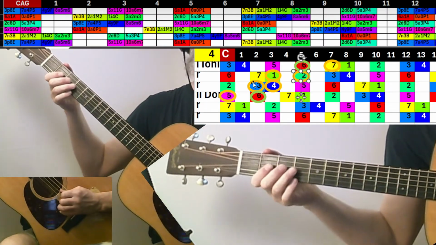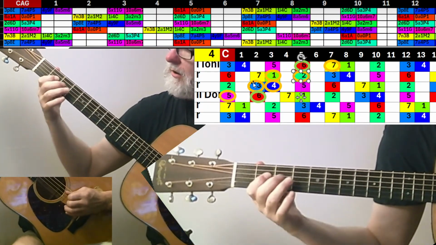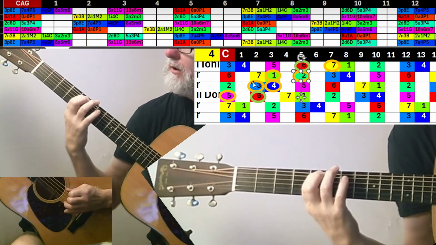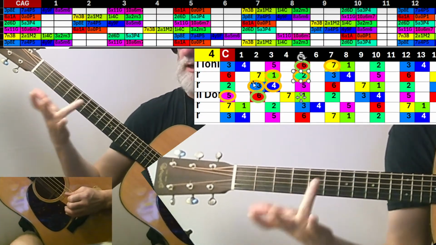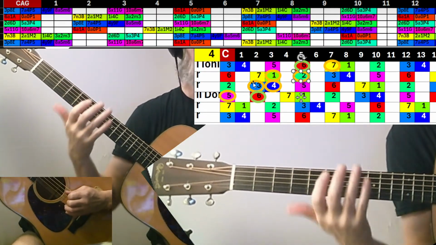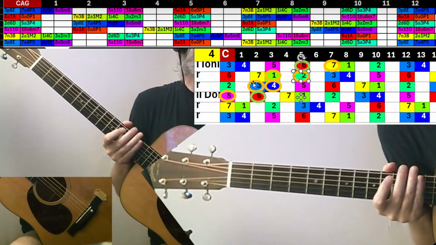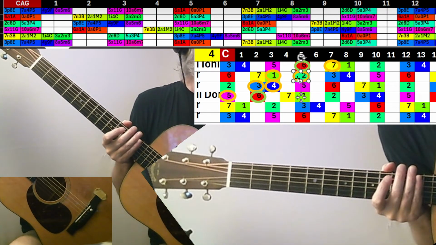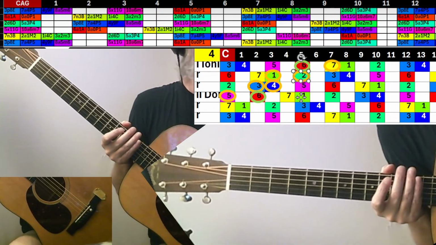A half-step chromatic slide into it. So I can always walk up with this finger. When I walk up, maybe I use my ring finger and chromatic slide into it. So when I'm walking up, I go.